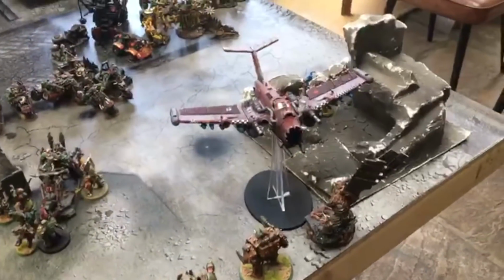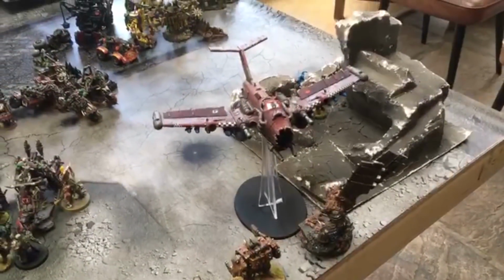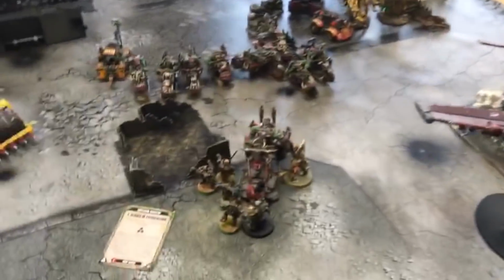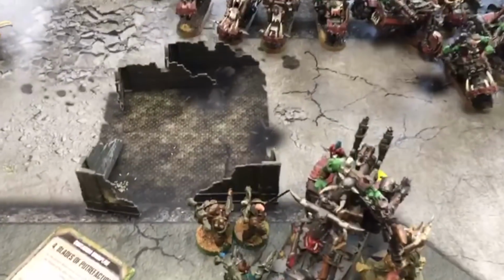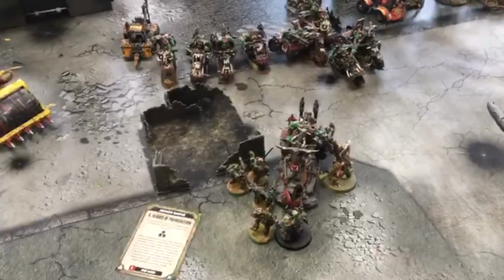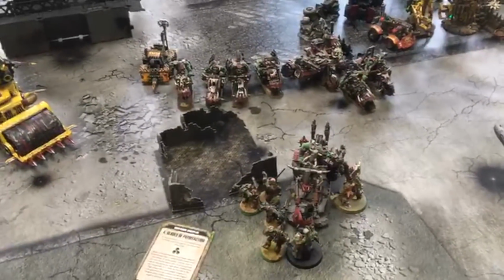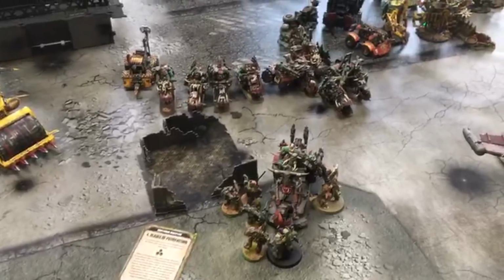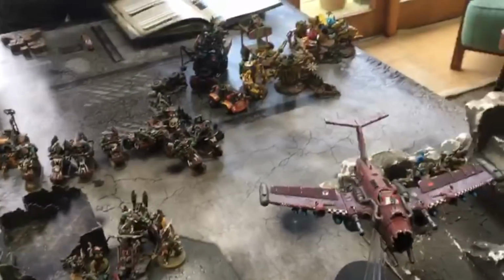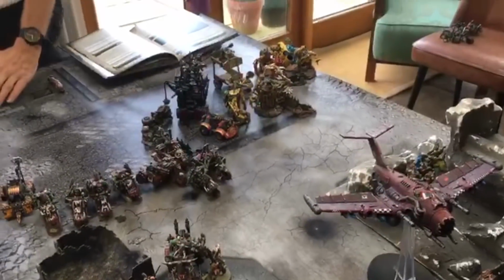So, well, charged the Demon Prince into the jet and he saved everything on the 6s. We did take 1 more wound off the track there, the war buggy, and he took 2 Marines in fight back. I think that was all the close combat, wasn't it? Yeah, so Death Guard are really on the back foot from the orkiness. So we'll move on to